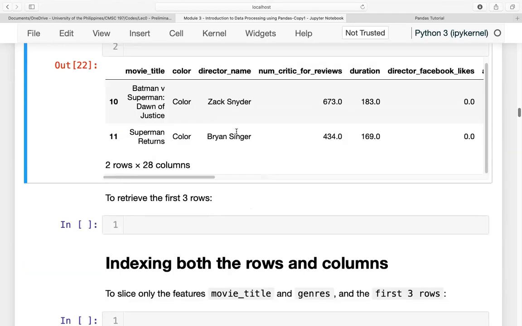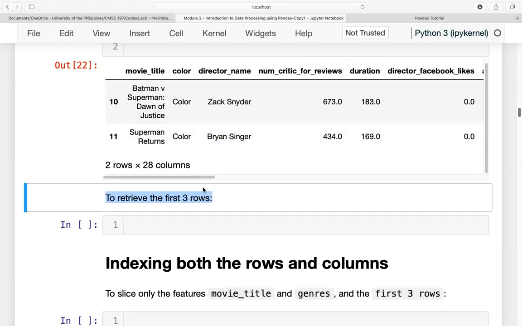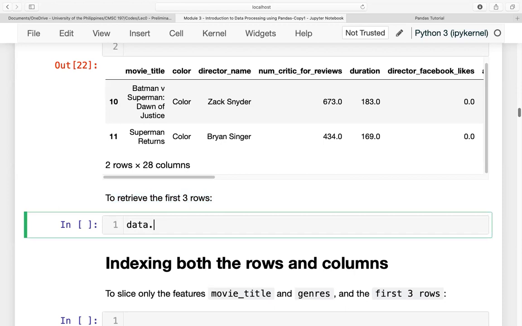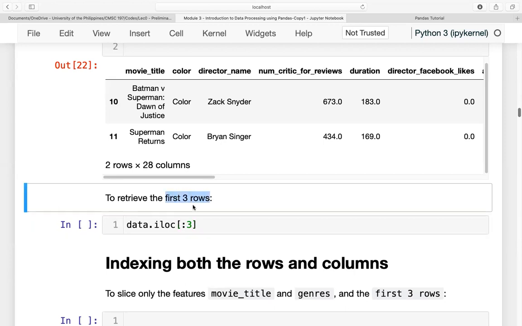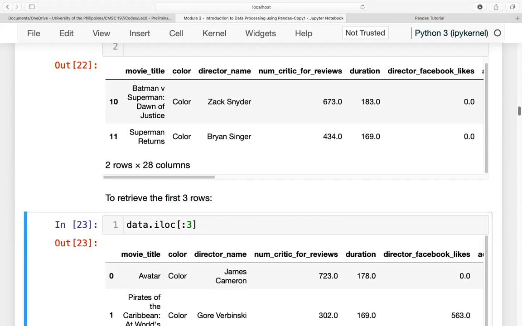All right. Now, what if we want to retrieve only the first 3 rows? So what we can do is still use data, then just use the iloc, and we will specify the lower and the upper bound. For the lower bound, we can just omit it since we will assume from the beginning of the list. Anyway, we want to just get the first 3 rows, right? So enter, and it will show